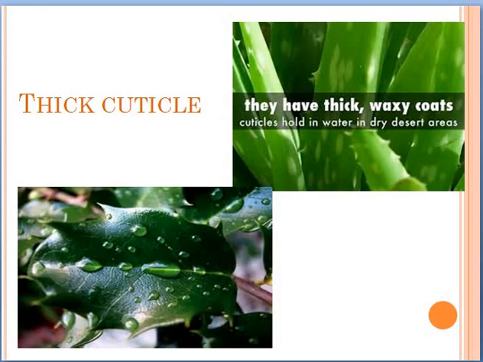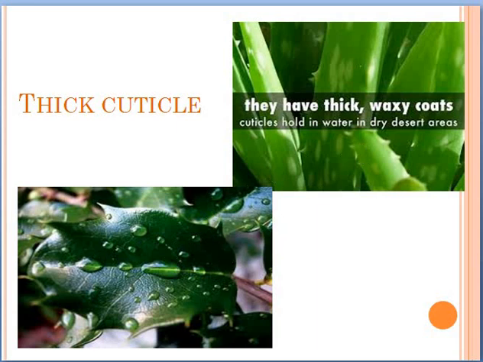And then you can see one more adaptation, that is the plants possessing a very thick cuticle. I spoke about the cuticle even in the last video. What is cuticle? Cuticle is a waxy coating which is found on the leaf. Can you see this leaf? It is so waxy, so oily. This wax coat will prevent the rate of transpiration. As they are so thick, so waxy, they won't allow water vapor to go out. So this kind of thick waxy coat will be found on leaves.